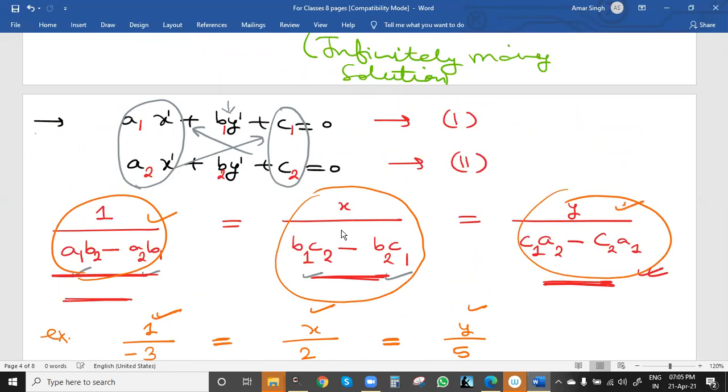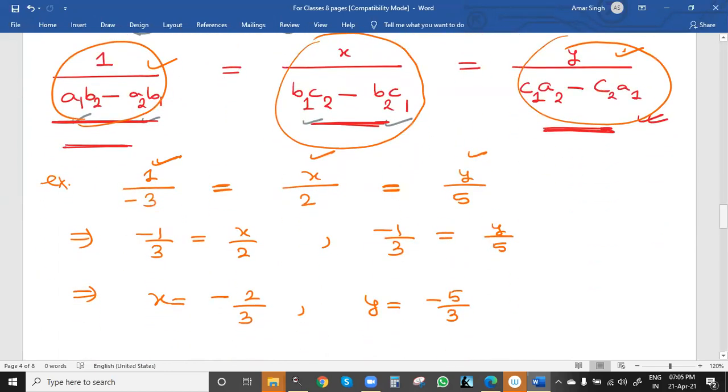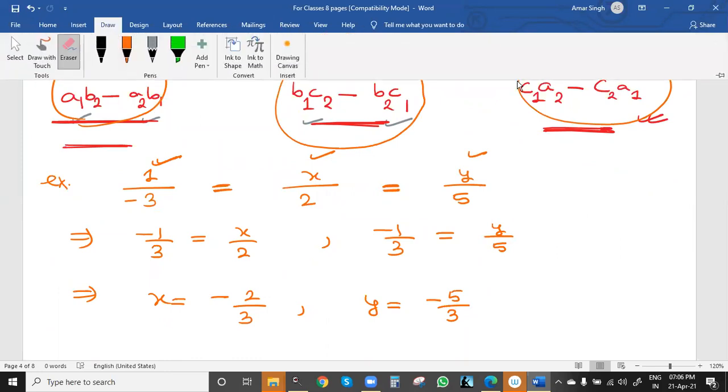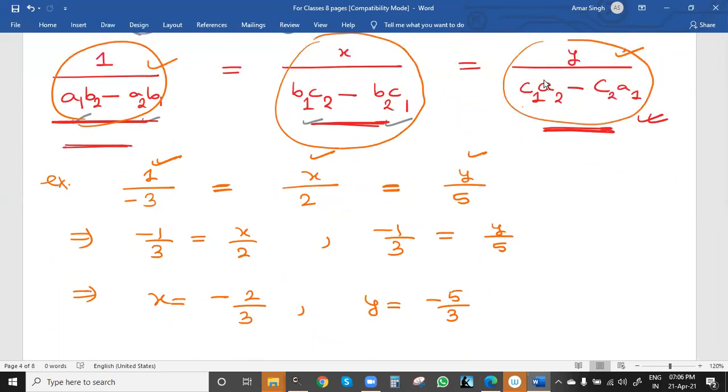They have written this direct formula of x and y, but it is better to write it in this fashion, and then at the end we can equate the values of x and y with the constant term to find the values of x and y. Understood? We will see the separate exercises now. In this chapter we have separate exercises for the cross multiplication method, elimination method, substitution, and graphical method also. For every exercise we have separate methods, so we will see all these methods in detail when we go exercise by exercise.